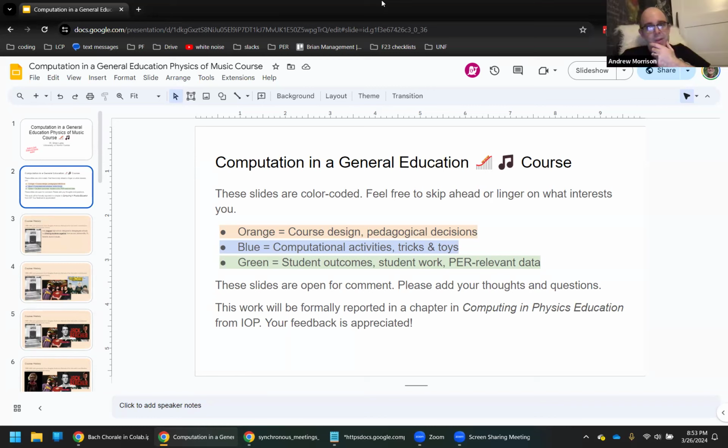Also, the music students, the music technology students especially, but also the music education students, are surprisingly open to new technologies that they're unfamiliar with. They are very receptive in a way that some science students are not.